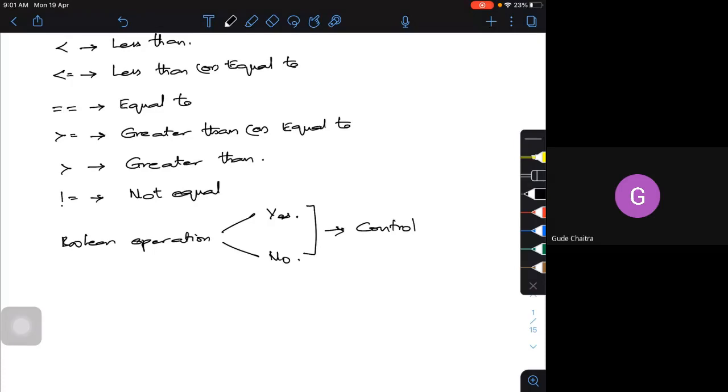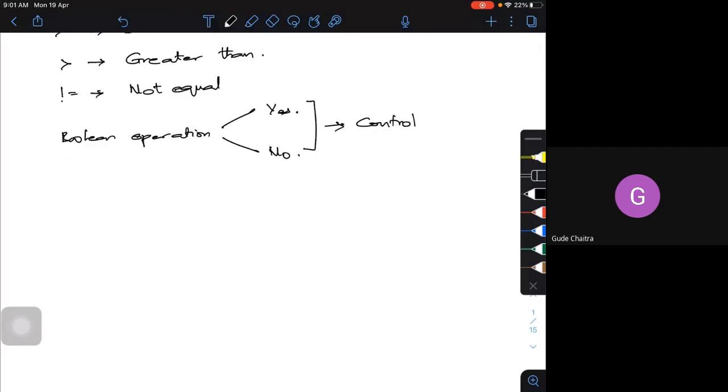Now, whenever we speak of Boolean operations or conditional statements, how is it done actually? Simple example, we have different types of conditional statements in Python. One such statement is the if-else statement.